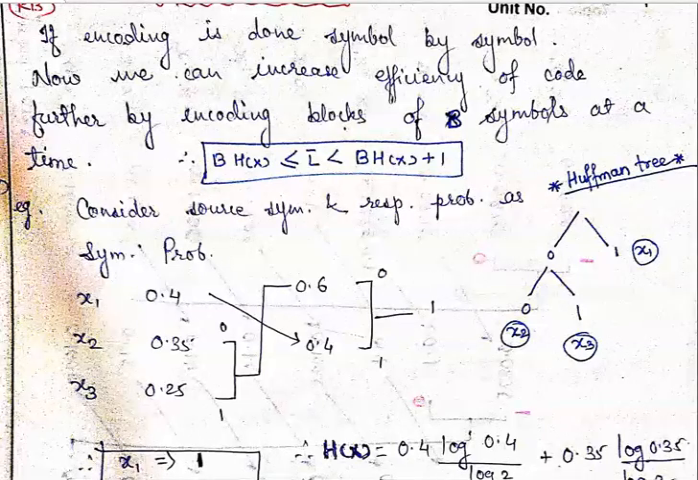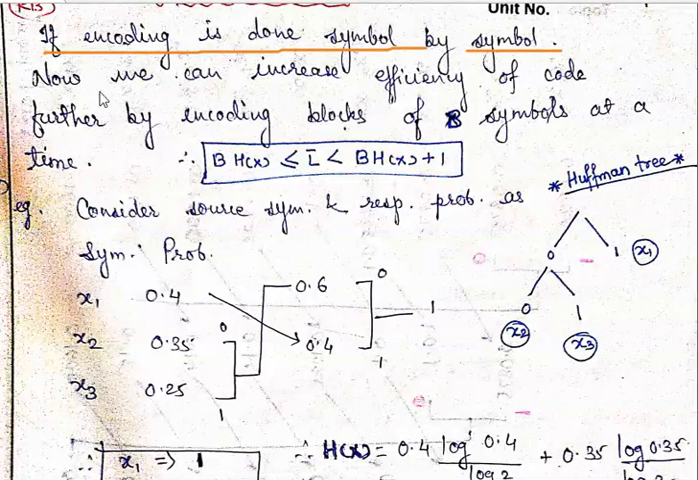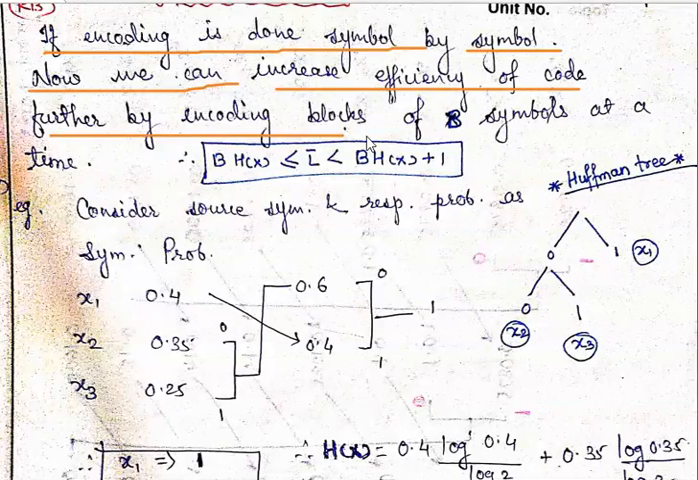Today we are going to discuss how the efficiency can be increased with the help of the concept called the pairing of probabilities. It means whether it is possible to have the combination of the symbols to be passed from the source. So let's see what exactly the statement is. It is very simple to understand. If encoding is done symbol by symbol, we have seen what exactly the efficiency is, but if we can increase the efficiency of the code further, encoding blocks of b symbols